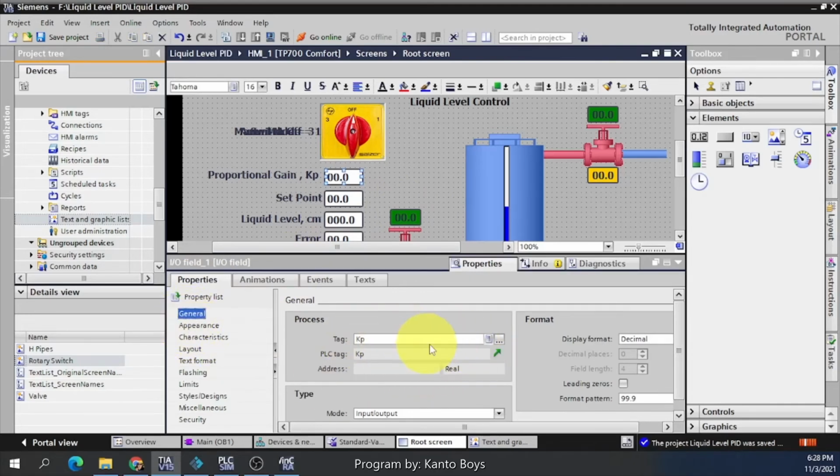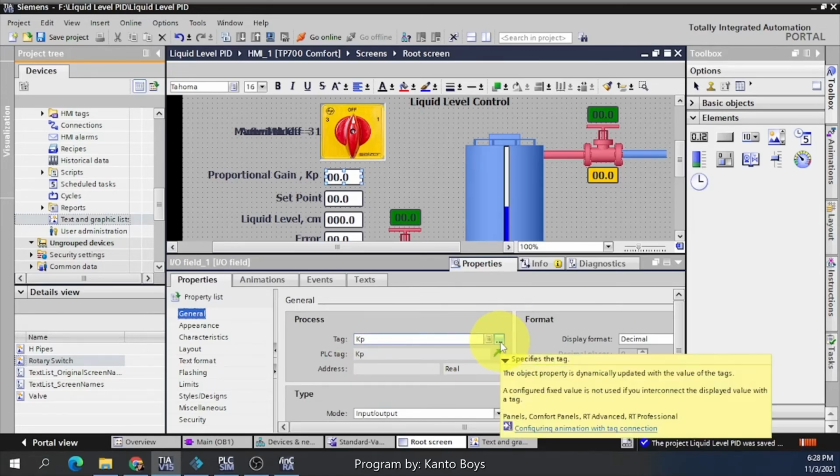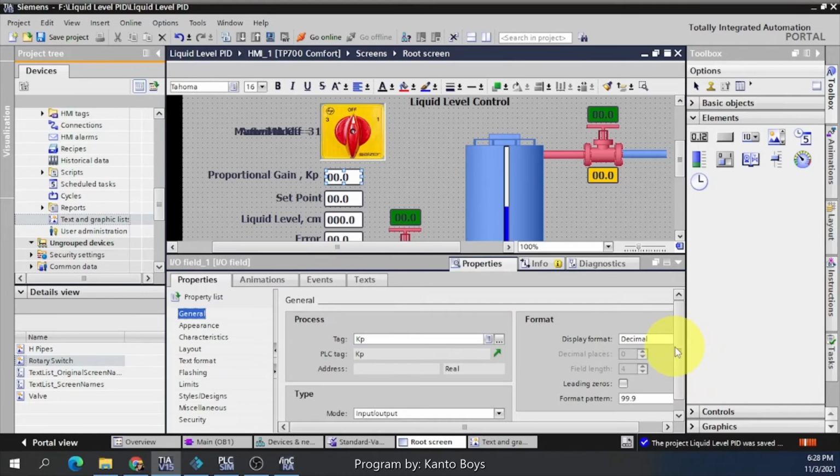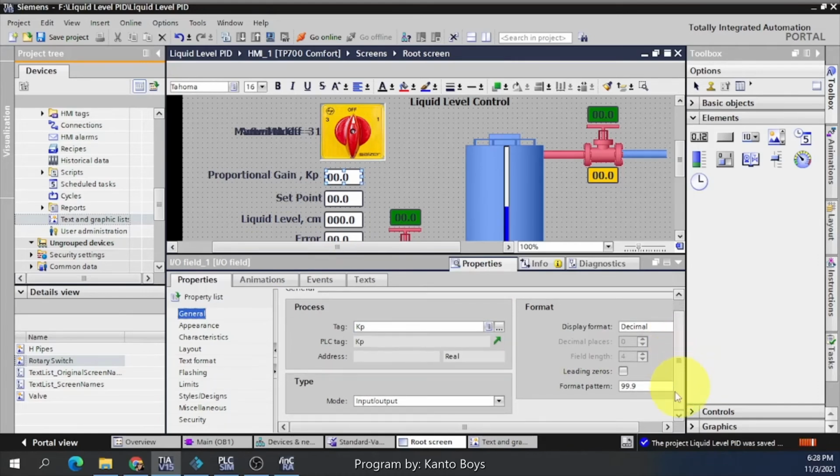I assign the value of this for KP in my PLC tag table. I adjust the display format, displaying decimals. We have 2-digit decimals because my KP is limited to only 2 digits.